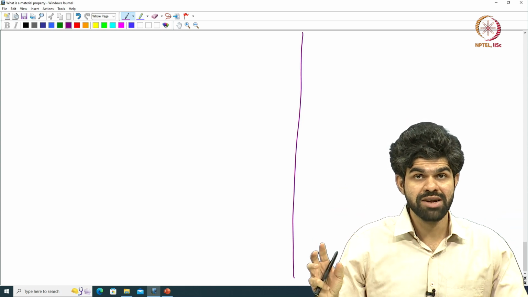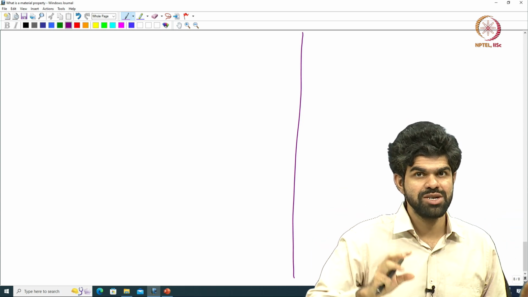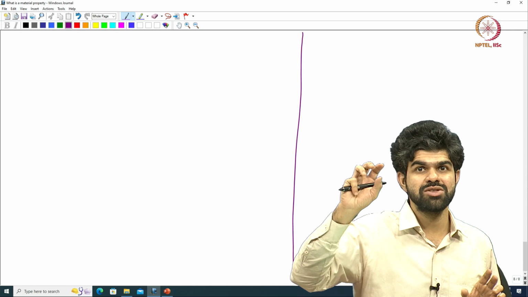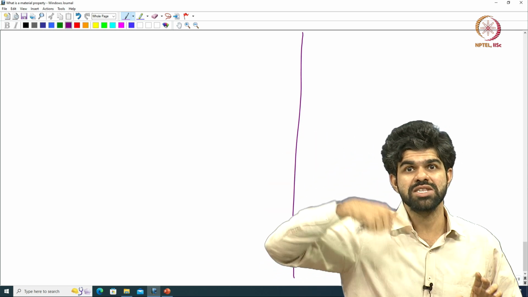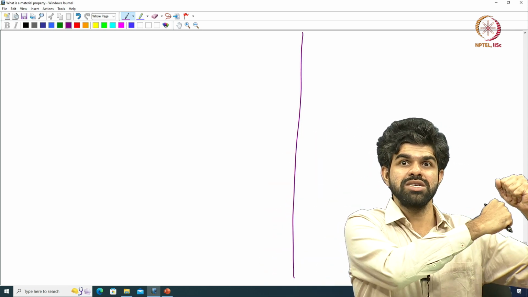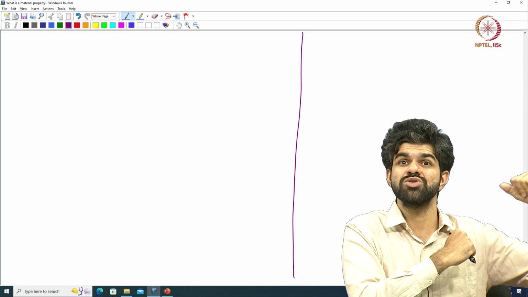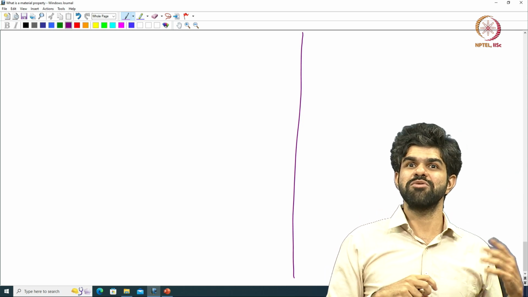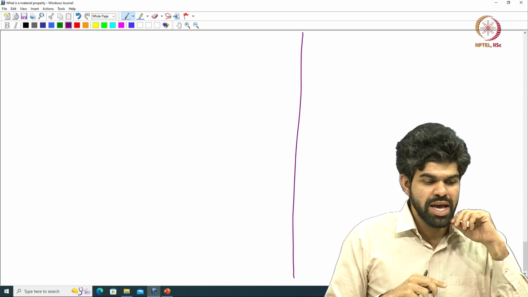Both inputs are electric field, but the outputs are different. One is a dissipative property, so you have a dissipative output which is flux, and the other one is an energy storing or conservative property, so you are storing energy in the form of displacement charges. Anyway,